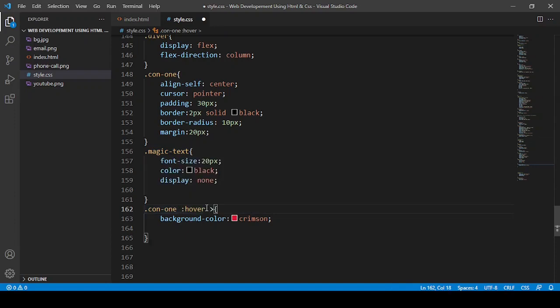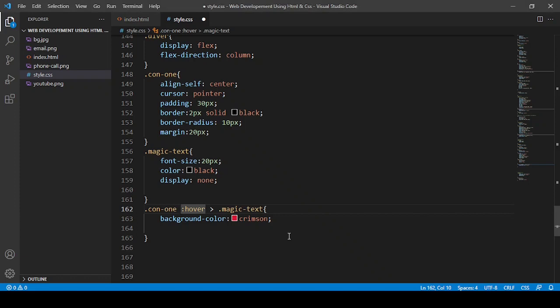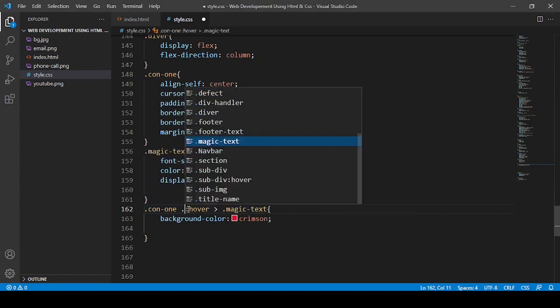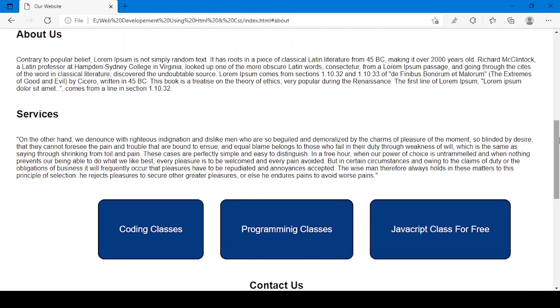Let me use this one. This dot magic dust text, and here also. Oh, what is happening? Oh, and I think here I'm going to use a dot magic text. And now when I reload this page,